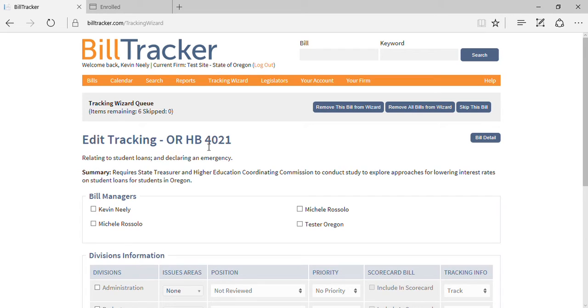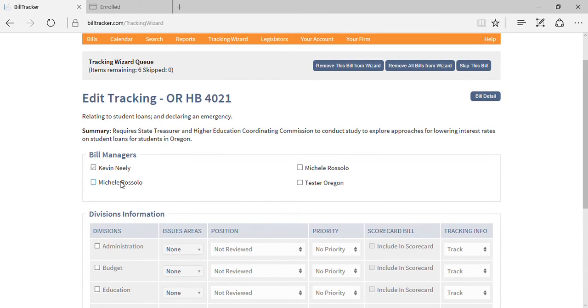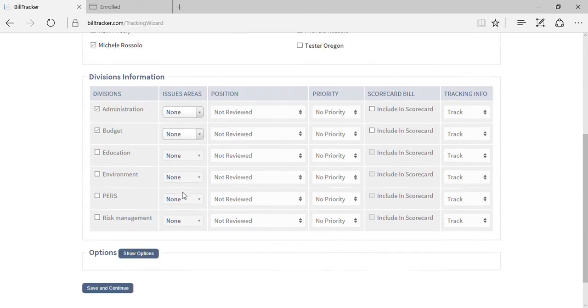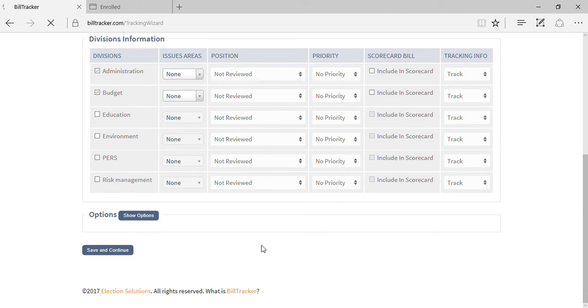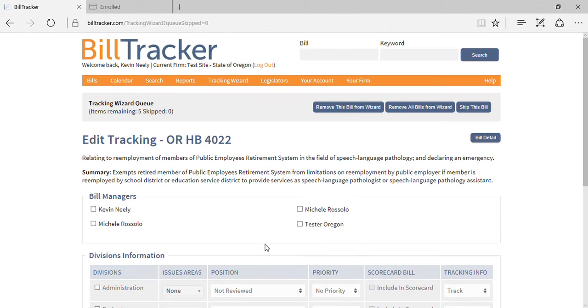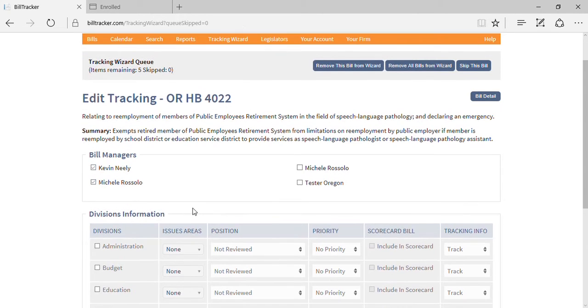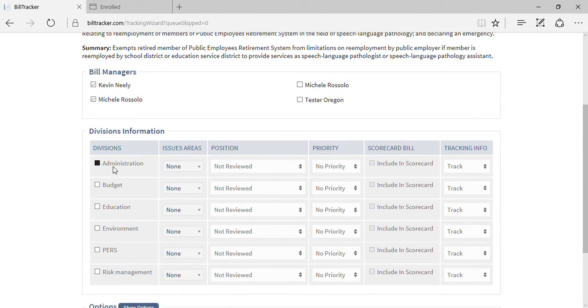It's going to ask me again what I want to do with these bills. So I can at this point establish the bill managers for the bill, decide which divisions, save and continue. That takes me to the next bill in the queue. In this case, it's 4022. Here I can again decide who my bill managers are going to be, decide which divisions want to track the bill, any issue areas,